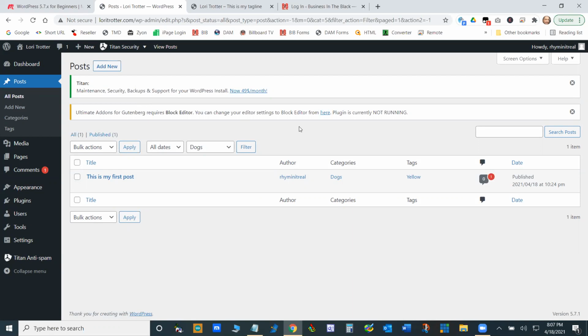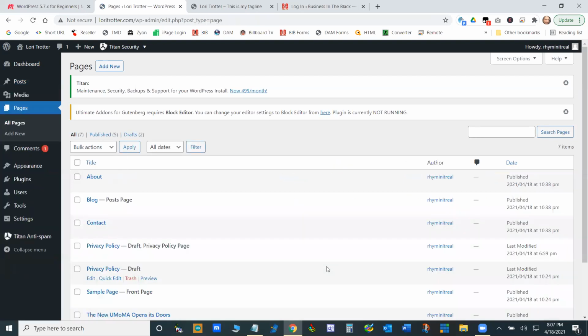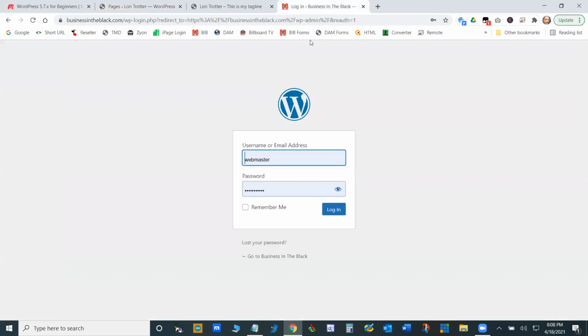It's just a matter of knowing what the things are and everything else sort of follows suit. Notice pages and posts, they all look alike. It's just that some have extra features than the other. So these are the basics and all the rest grows off of that. Just like when we were inside of this one